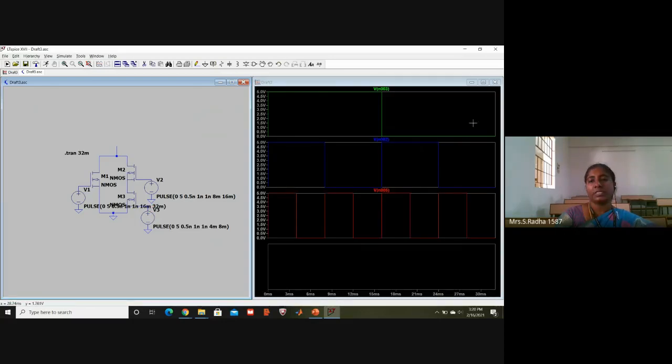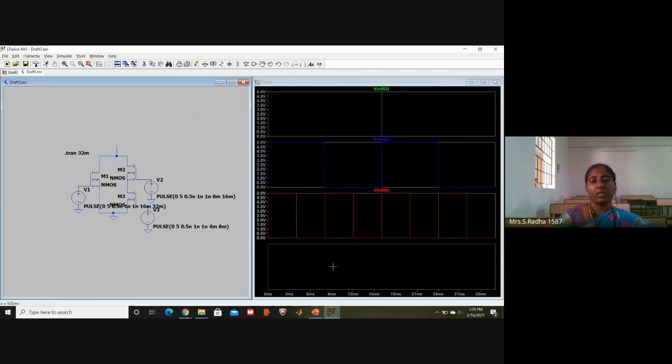Then 001. Okay, 010. Then 011. Then 100 combination. Then 101 combination. 110 combination. 111 combination. All the 8 combinations are possible.